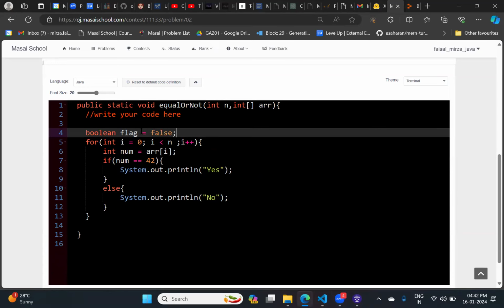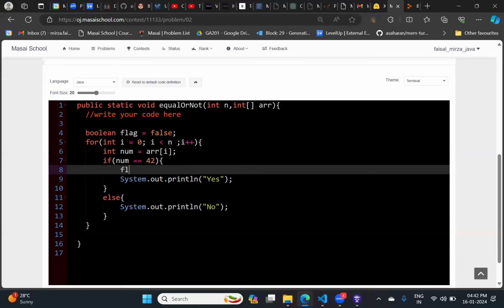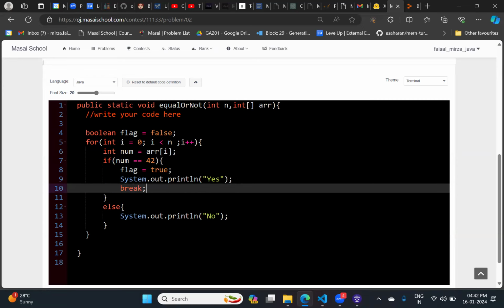If num equals 42, then flag equals true and break. Over here flag equals true, and you have to apply break if you find 42. Done, sir.